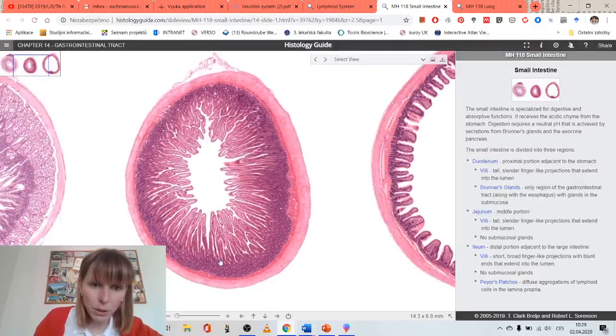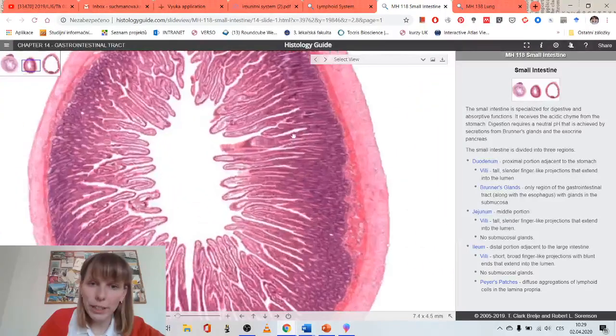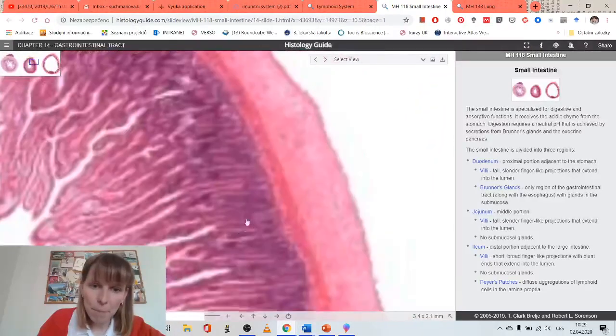This is a nice cross-section of the small intestine, and you see the villi going into the lumen of it. Then we have the crypts here, and this will be the muscle layer. So if we zoom in,